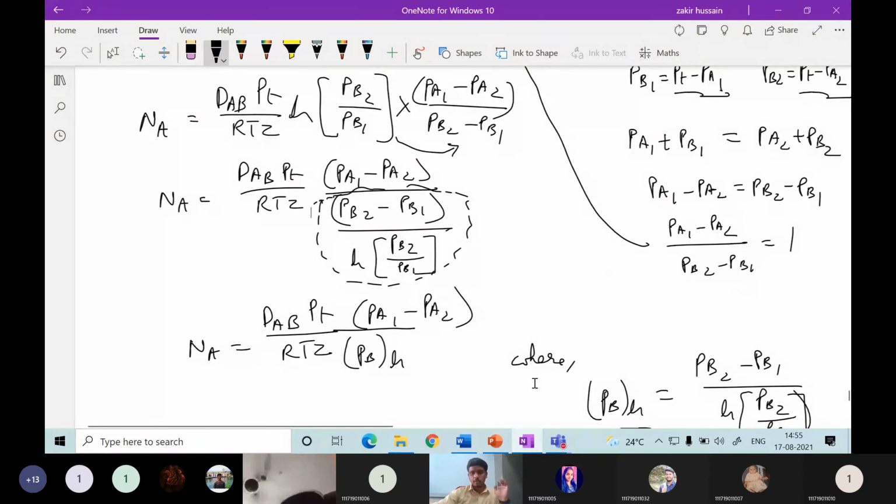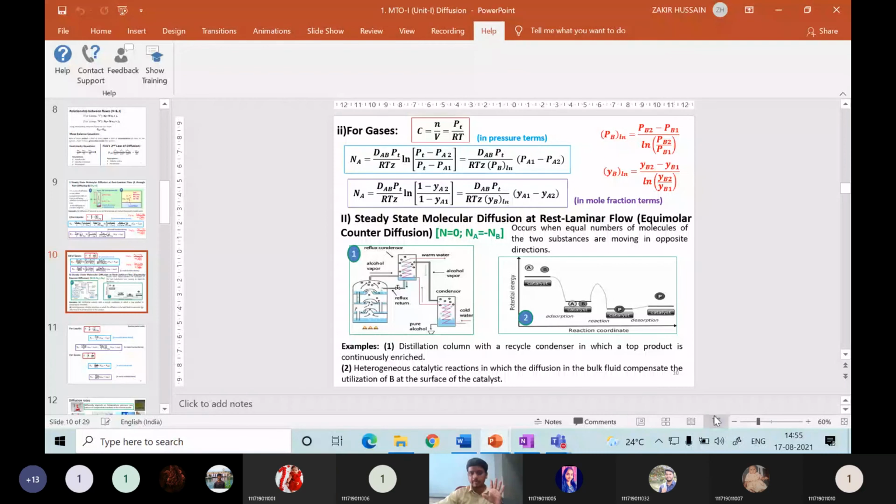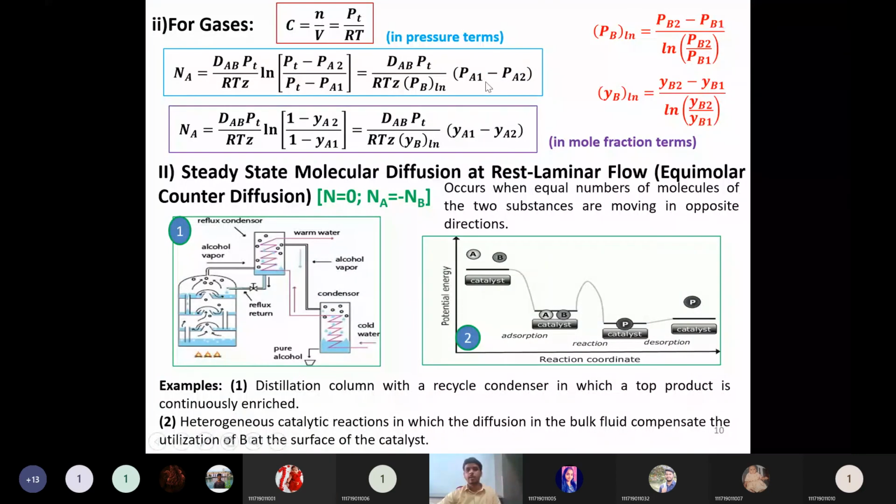Clear, sir. Okay, yeah. In the PPT, I have given every formula here. If you remember, you can remember, but in the examination, they are asking to derive those formulas. So keeping this approach in your mind will be very useful. How to approach that one?